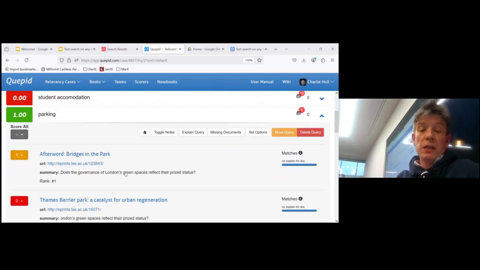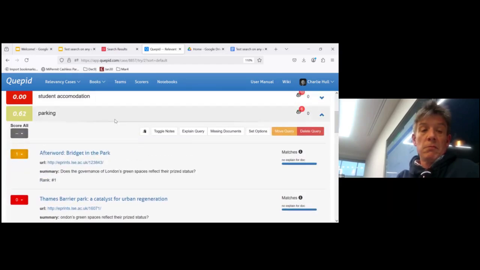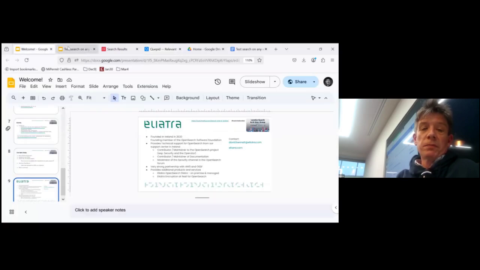And we could go through and score all these and basically eventually generate a nice number for how good we think search is for the LSE website, etc. And then we can try and tweak search and improve our number. Okay? Right.